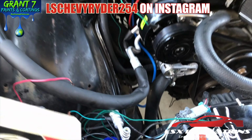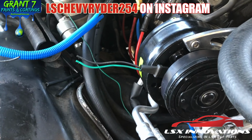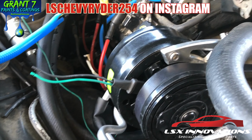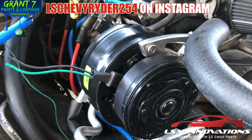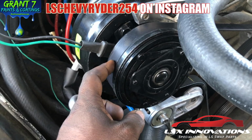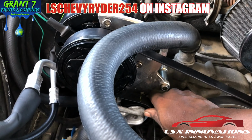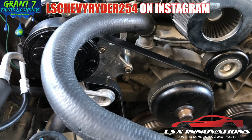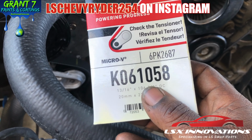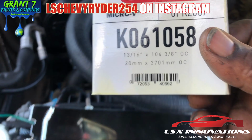Ran into a little issue this morning, man. When we replaced that compressor the other day, aka yesterday, this pulley was about 3 inches bigger. So what we had to do, we had to replace the belt that we had, and we had to go up a size. So now we're sitting at KO 61058, which is about 106 3/8